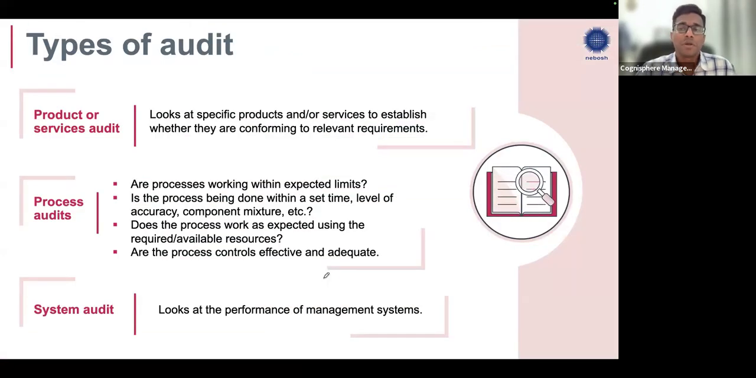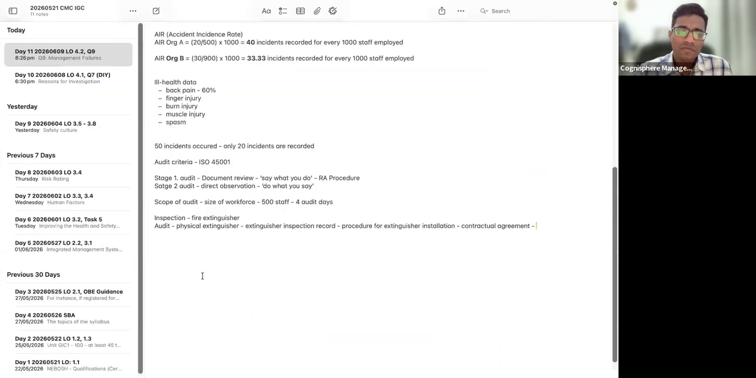So, different types of audit. A product or a service audit looks at a specific product and/or service to establish whether they are conforming to relevant requirements. For example, if the scope of the audit is